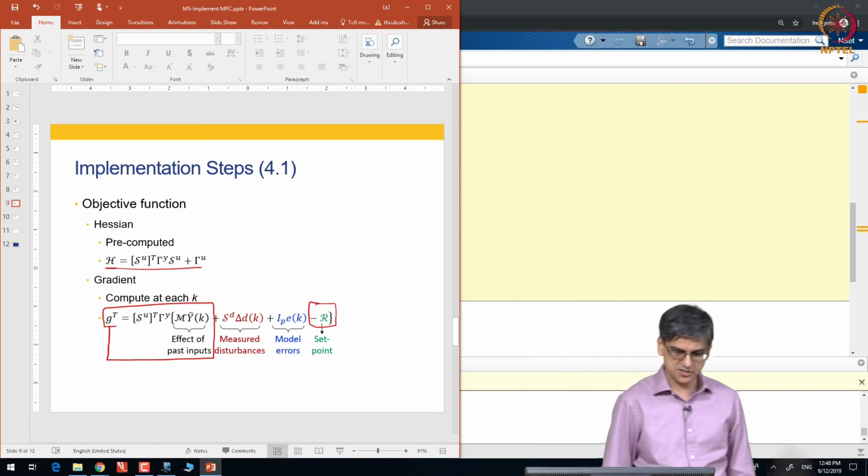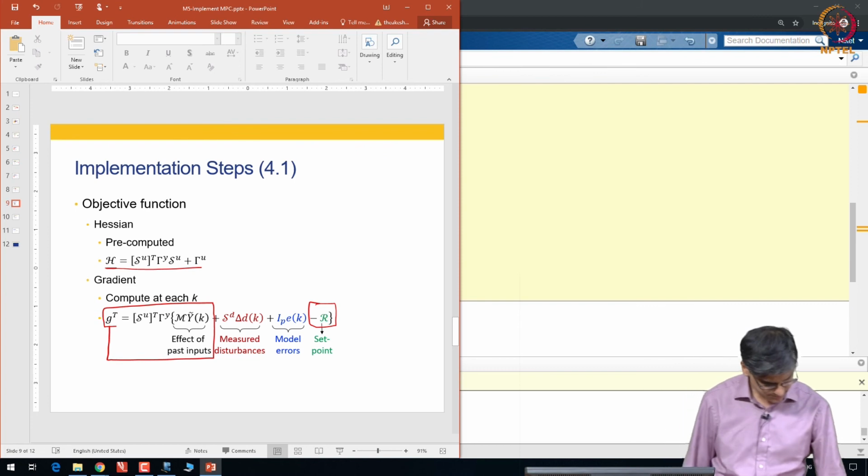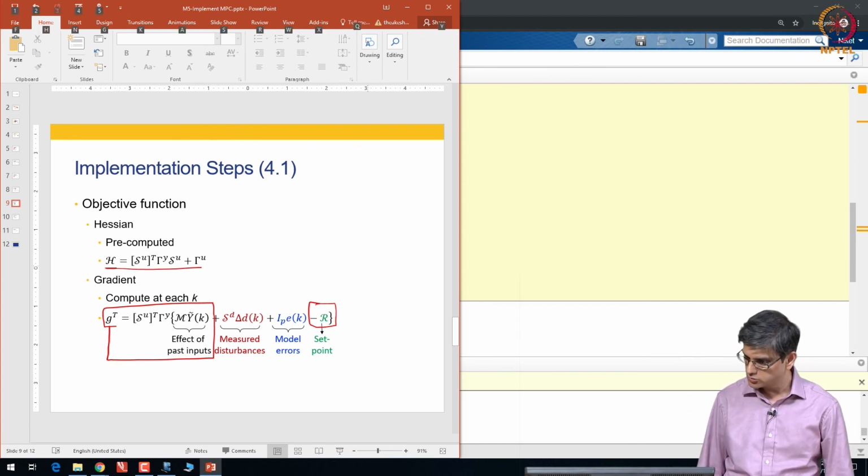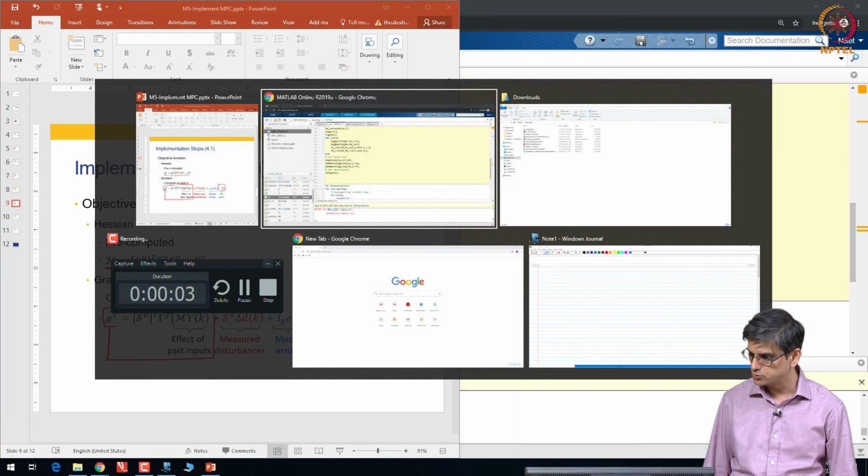Now implementation steps, we pre-compute our Hessian, SU transpose gamma y SU plus gamma u.